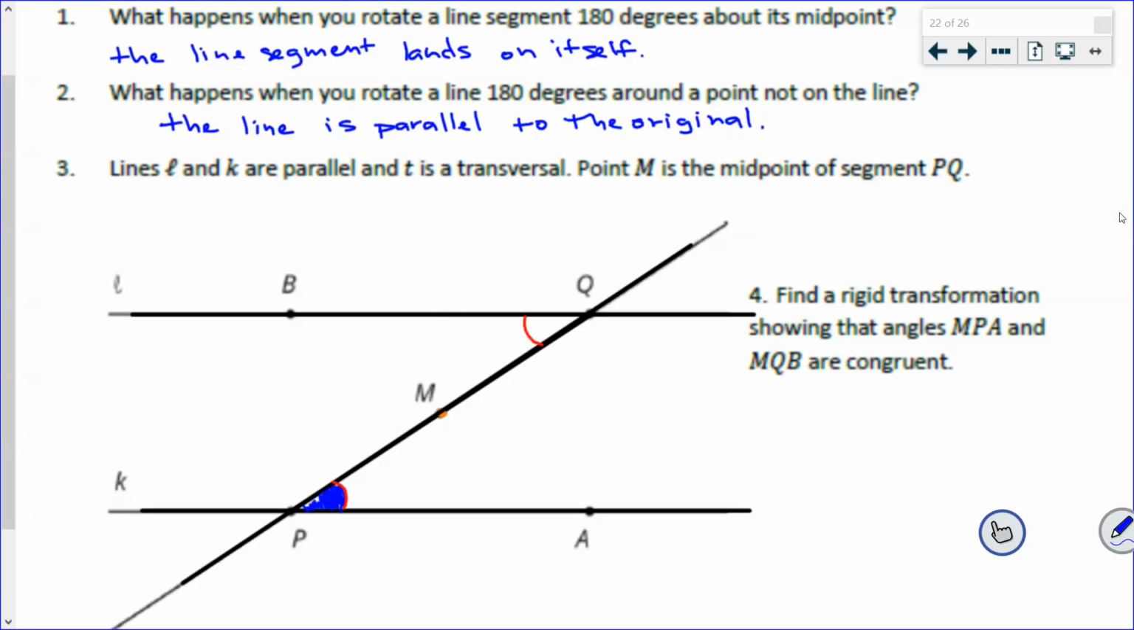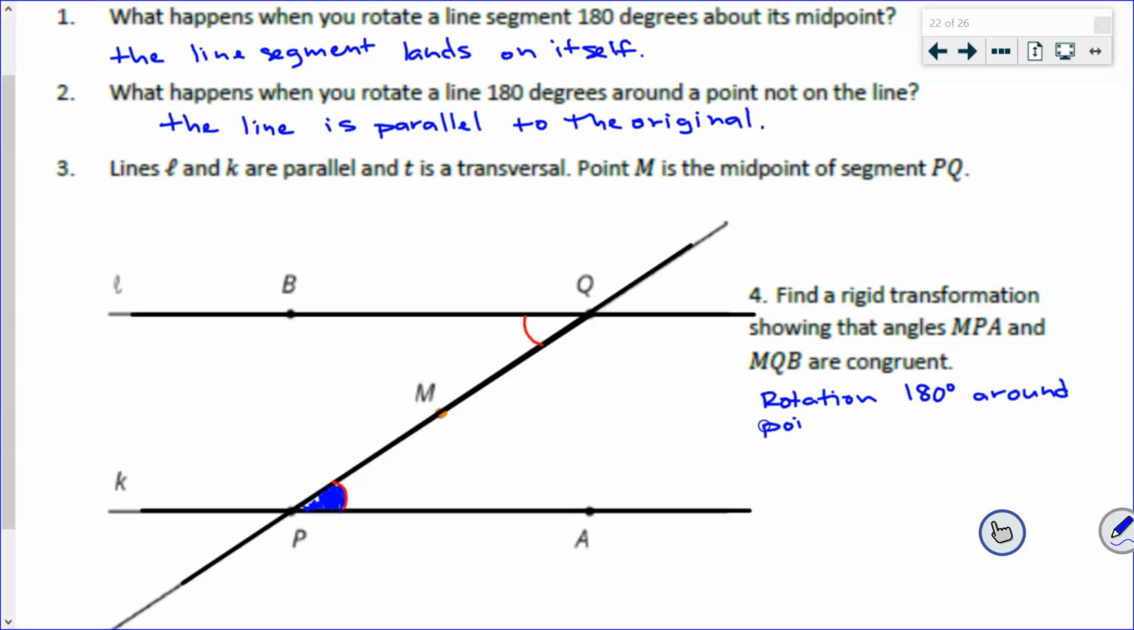And what did you discover? What is the transformation that I can use? Good. Cole? You're close. I need more details on that. A rotation around point M. Good. 180 degrees. Rotation 180 degrees around